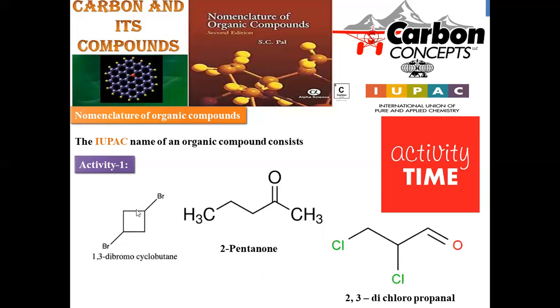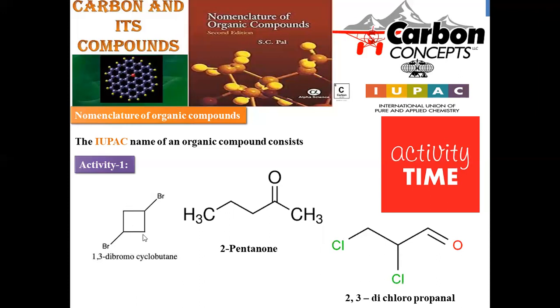And in any other compound, this cyclobutane was taken, but we have 2 functional groups on the carbon atoms. So let us assign numbering. Wherever a group is there, that carbon is assigned number 1, 2, 3, 4. So at the first and third positions bromo groups are there. Both are similar, that's why we have to mention di, and the positions will be 1, 3. What are the groups? Bromo.